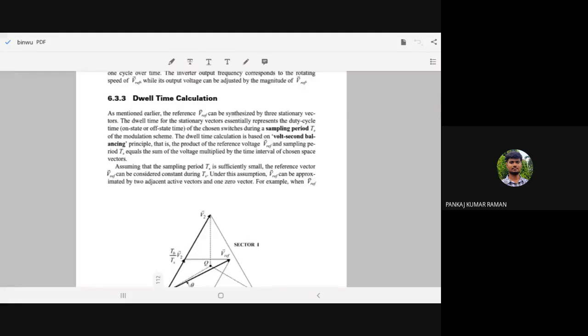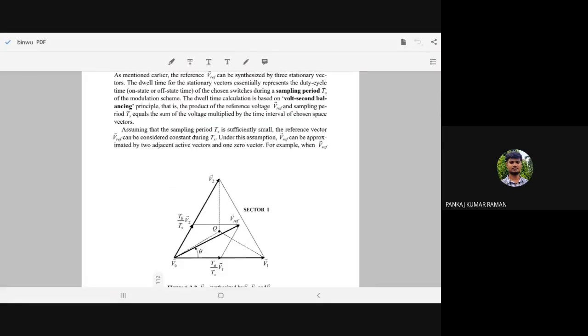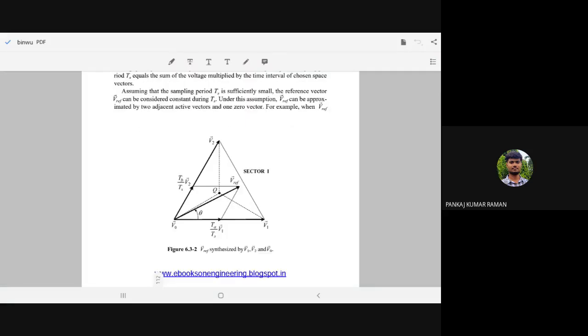I taught from this book only, right? There are several papers there. At this stage it's difficult for you to understand, right? So I confine it to this book only. Okay, even though a better version of this SVM is available, and even a still better version of this one is available, but for that there are no proper books or proper publications. So I confine to this method only.